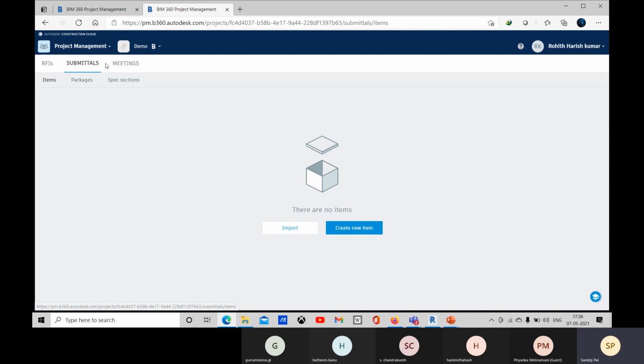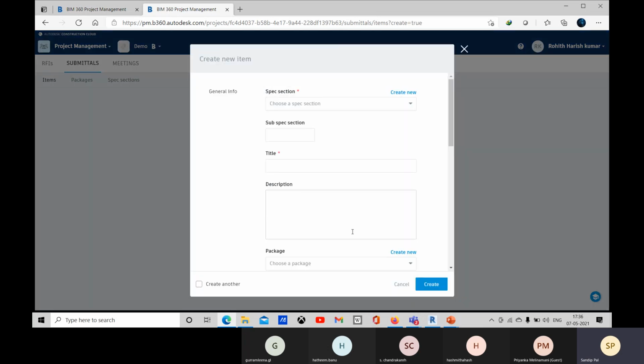Here you can go for submittals, and now you can create a new item. You can create new items, you can create packages, you can create specification sections. So let's go for create new item. And here you see that one specification section is needed. It's for which specification you want this information.